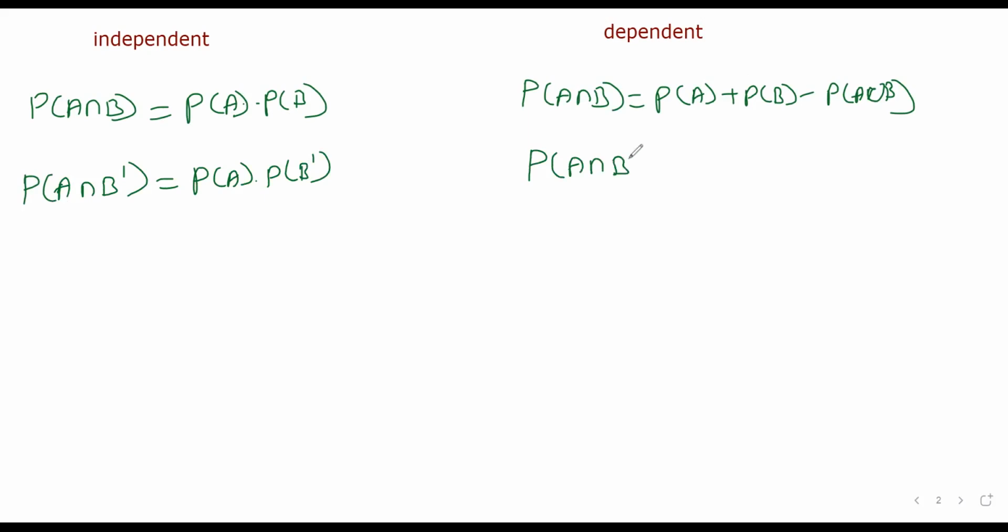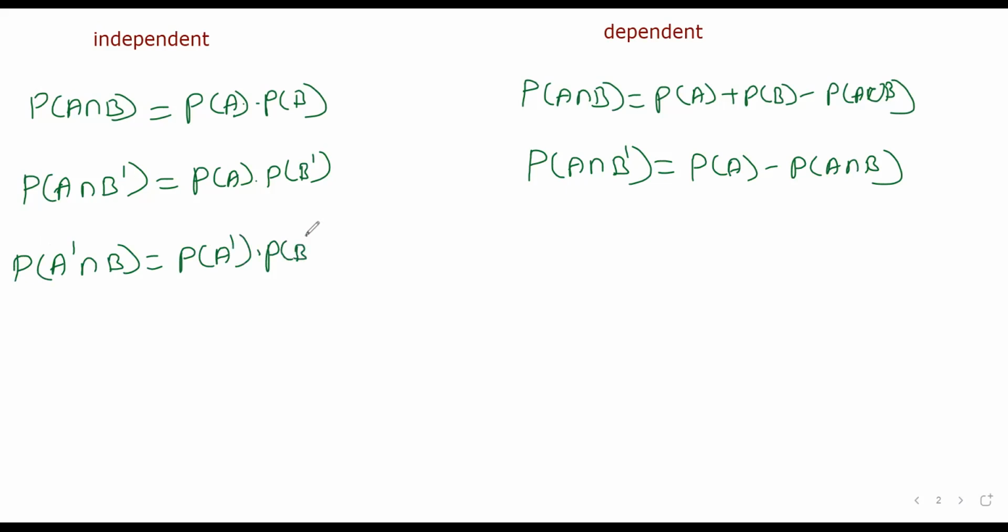Here it is P of A into P of B complement is given as P of A minus P of A intersection B. P of A complement intersection B is P of A complement into P of B. P of A complement intersection B is P of B minus P of A intersection B. ये डिफरेंस ध्यान में रखना। यहाँ पे ये इंडिपेंडेंट है तो यहाँ पे ये फॉर्मूले अलग है। ओके, बाकी सारे फॉर्मूले सेम है, बस इंडिपेंडेंट डिपेंडेंट में ये अलग है।